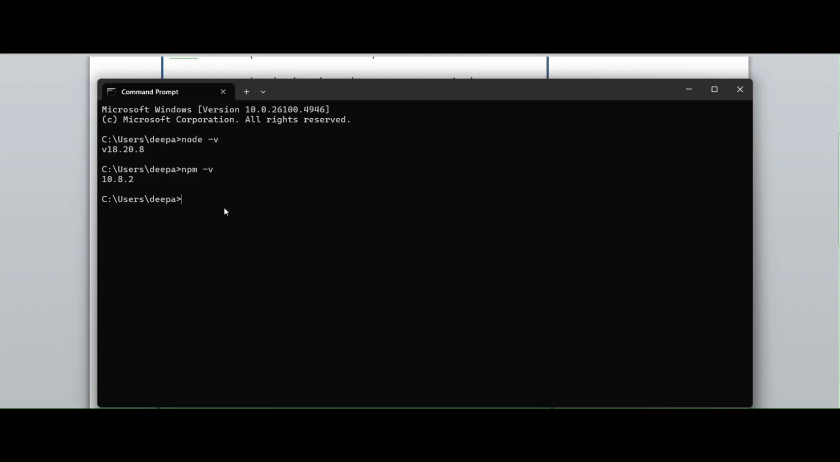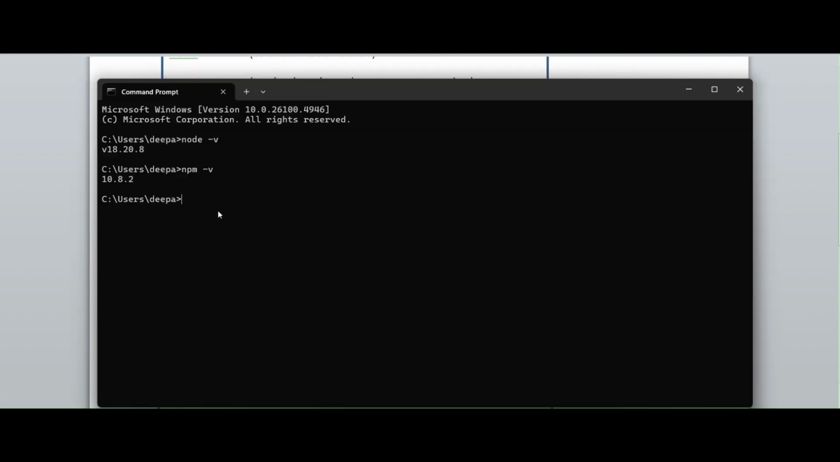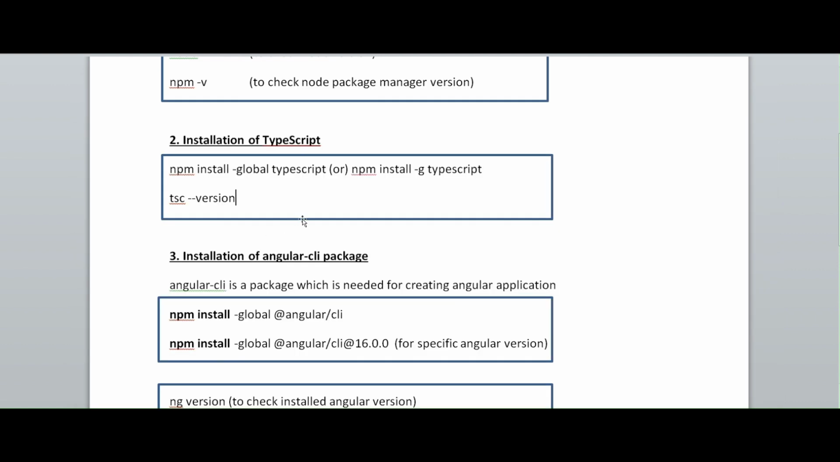I have already downloaded the package. If you say npm install, it downloads the TypeScript package globally and installs it. Let me show you tsc --version. So the TypeScript version is 5.8.3,